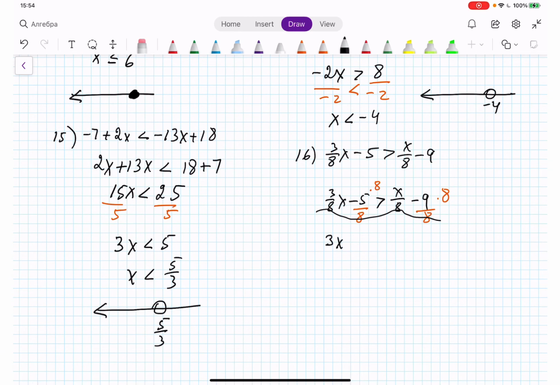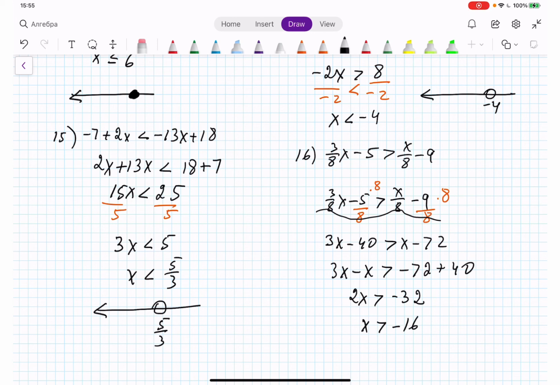3x minus 40 greater than x minus 72. So we get 3x minus x greater than negative 72 plus 40, right? Solving just like equation. With the only difference, when we divide by negative number, it's going to affect our sign of operation also. So here we have 2x is greater than negative 32, and x is going to be greater